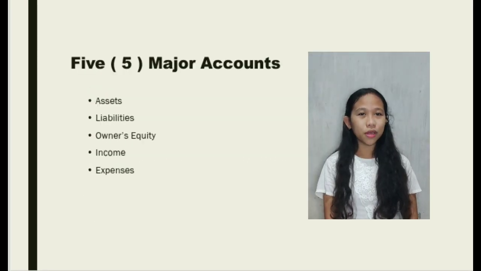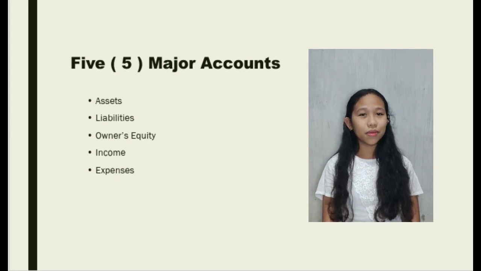So what are the 5 major accounts? There are 5 types of major accounts: the asset, liabilities, owner's equity, income, and expenses. Assets, liabilities, and the owner's equity are considered the elements that are directly related to measurement of financial condition in the statement of financial position, while income and expenses are elements directly related to measurement of performance in the